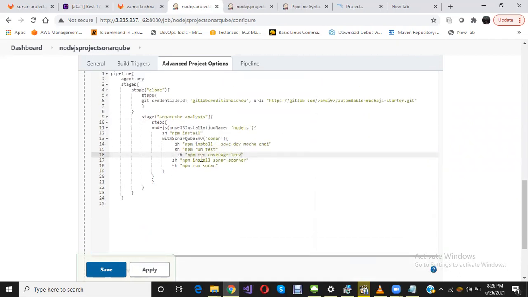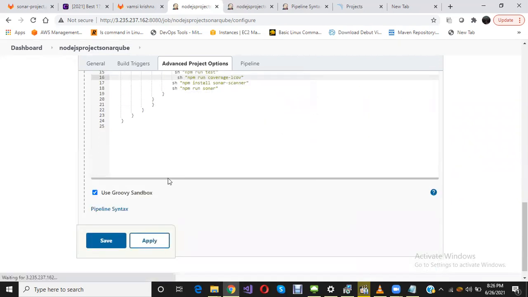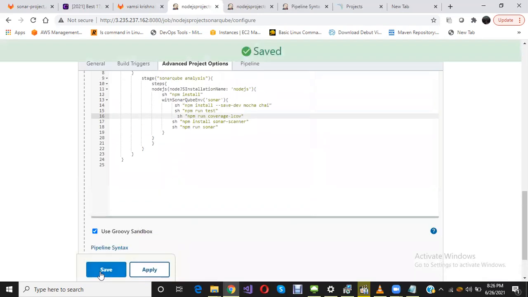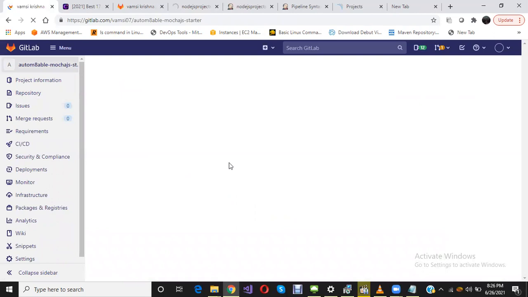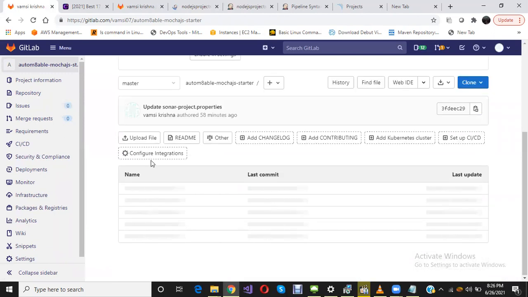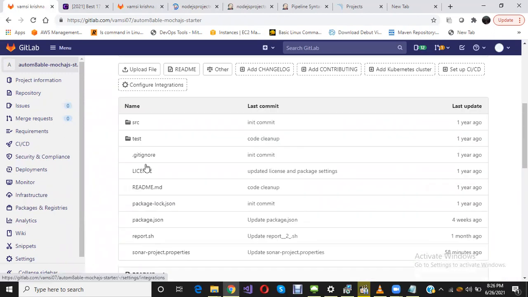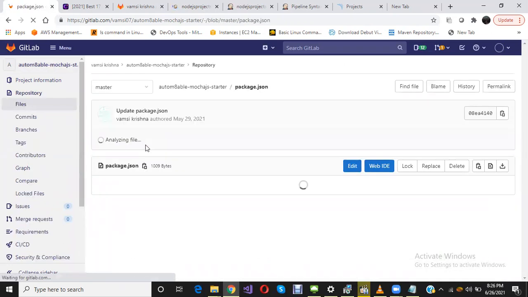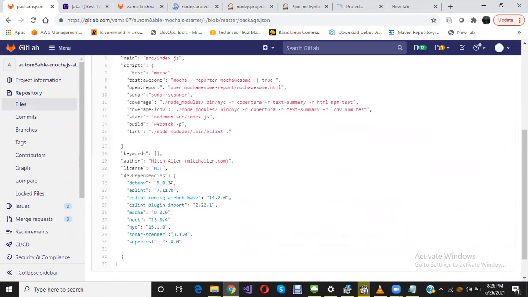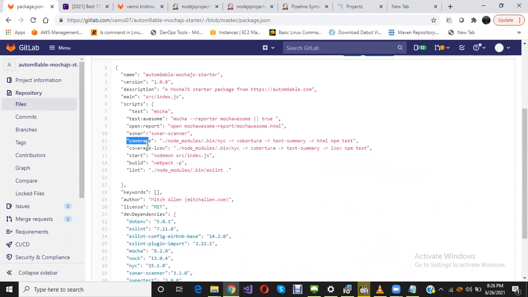So let's apply, and I will show the package.json file. What are the things we need to update? Go to the package.json file, and here I have updated coverage.